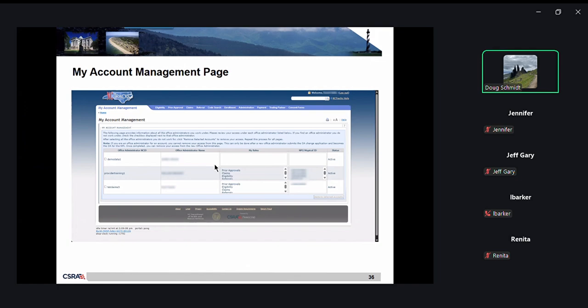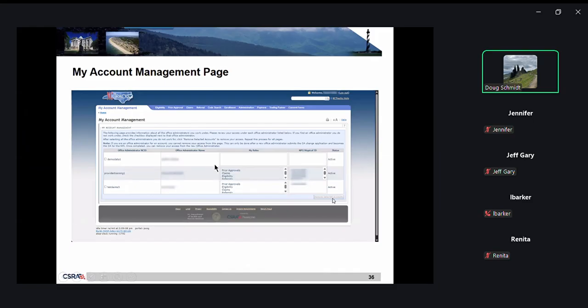If an office administrator with whom the provider is no longer affiliated is on the list on this page, you can select that checkbox next to the OA name. After selecting all the OAs with whom the provider is no longer affiliated, you can just select remove right here. So you click these boxes here, and then you can select this, and it'll allow you to delete those